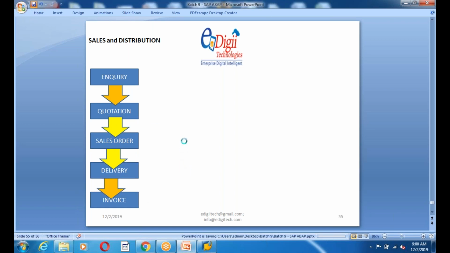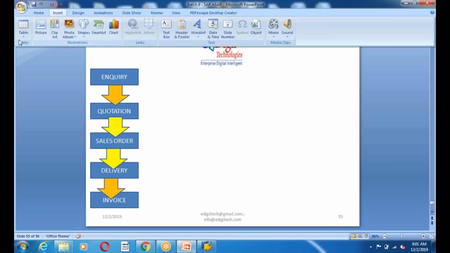So I told you, right? What exactly is SAP? SAP is a ready-made product. SAP has already given inbuilt applications and inbuilt database tables. So what exactly is the inbuilt application for the inquiry? What is the inbuilt application for the quotation? What is the inbuilt application for the sales order, delivery, and invoice? And whenever you create an inquiry, definitely the data will be stored in database tables. Which table? In standard SAP, where exactly the data will be stored for the inquiry, quotation, sales order, delivery, and invoice. That kind of detail we see in today's class.